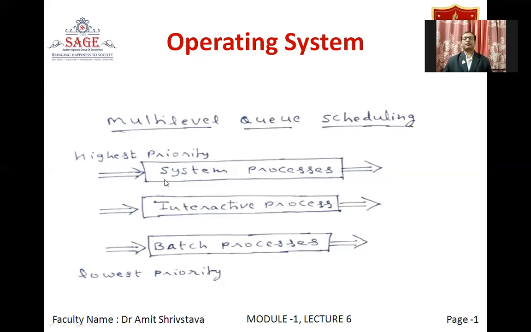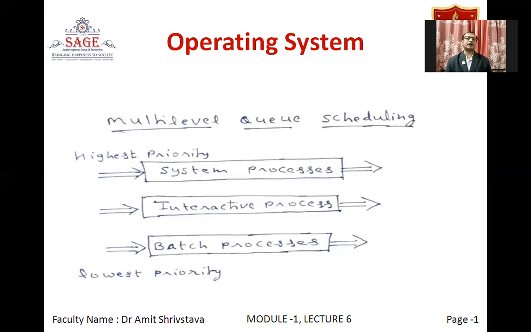But the main problem we face in this algorithm is how do we differentiate different processes? Let us say I have made one program, and I want to interact with the hard disk, to read a certain file from it. I cannot directly interact with the hard disk; I have to write a system call for that. That system call will generate a software interrupt. Again, that interrupt is a highest priority process, that is, a system process.